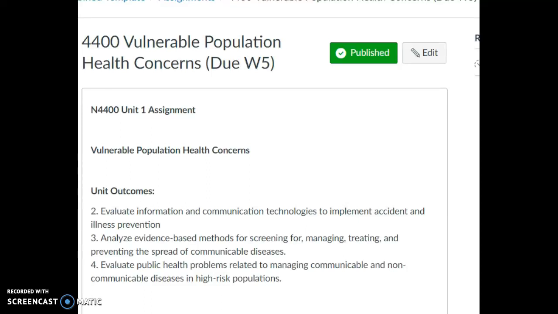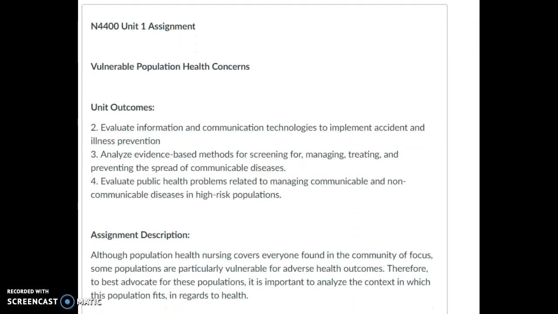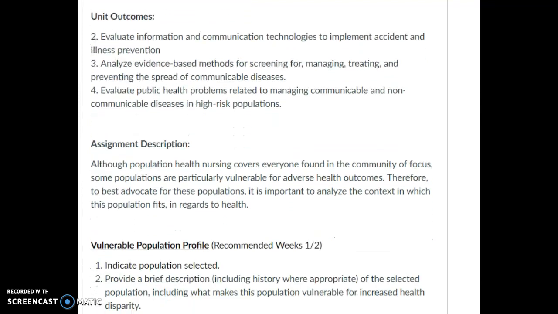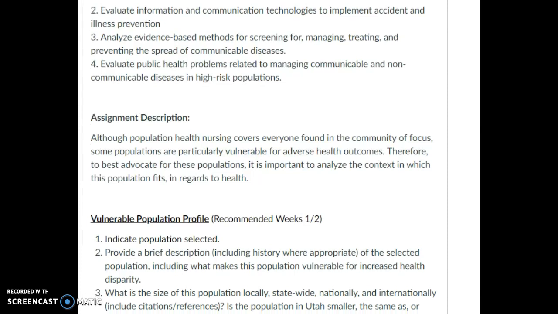This assignment is a multi-week assignment that's done individually, where you're going to dig a lot deeper into the population that you have selected to focus on this semester. Now, we've had students in the past who choose a population to which they belong. That's no problem at all. This is going to help you dig a little deeper and a little wider as well into commonalities among individuals